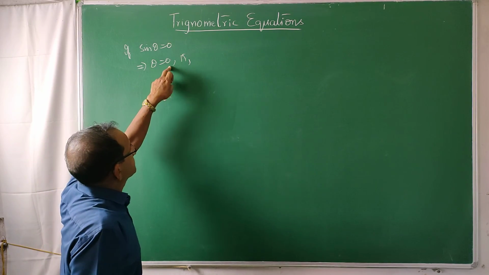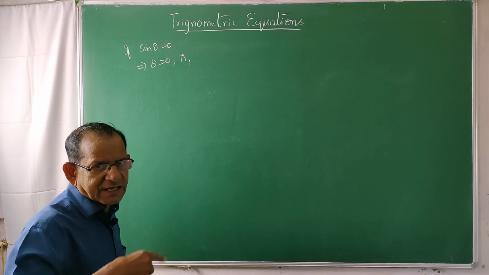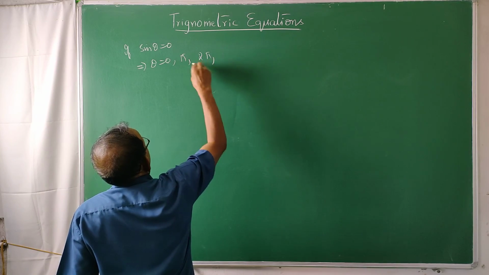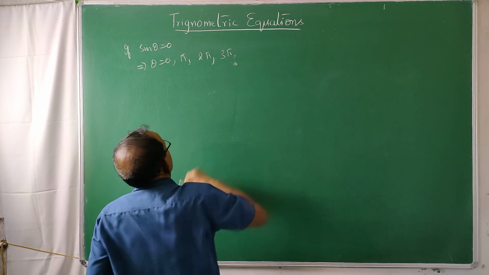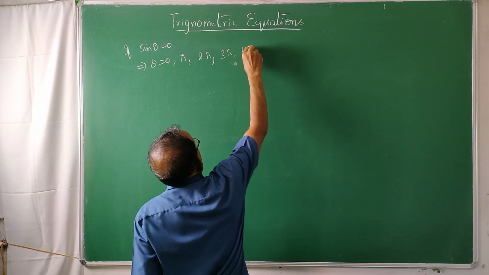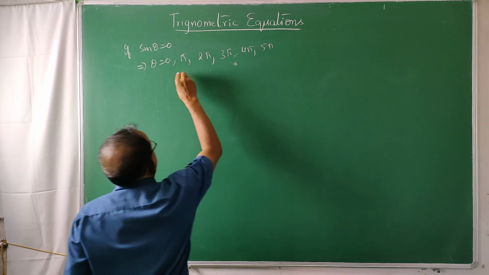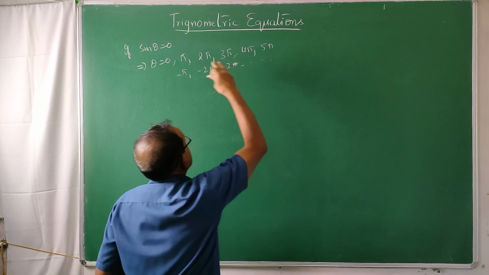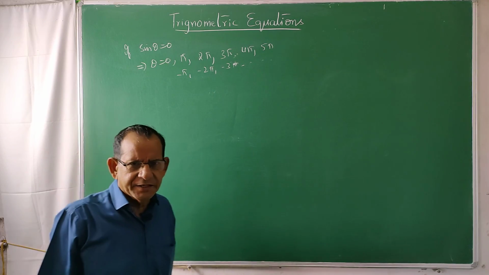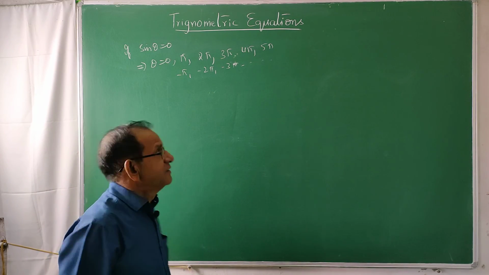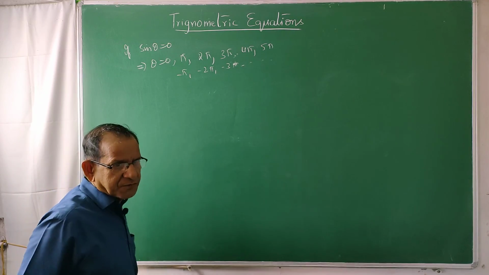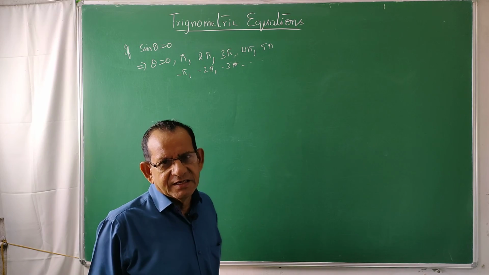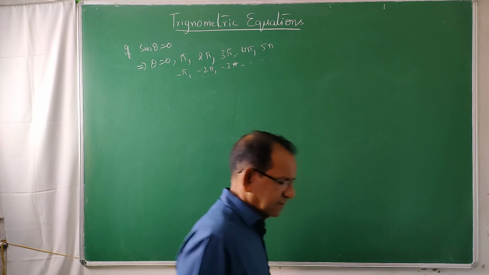Next, add 360 and 360 to this one. They are coterminous angles. Again, 0 plus 2 pi, pi plus 2 pi, 3 pi. Similarly, 4 pi, 5 pi. Similarly, negative angles also: minus pi, minus 2 pi, minus 3 pi, etc. All these values will satisfy that equation. Then this 0 is called the principal value, the value of theta which lies between minus 90 and plus 90 is called the principal value for sin theta is equal to 0.